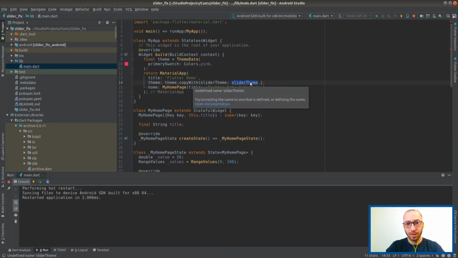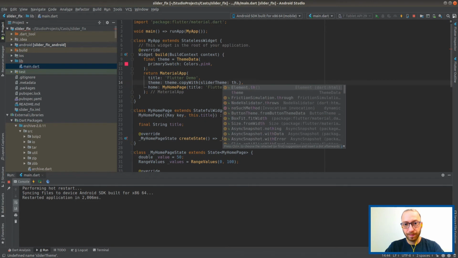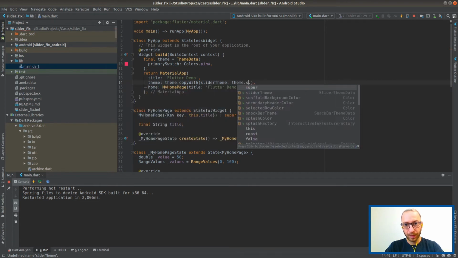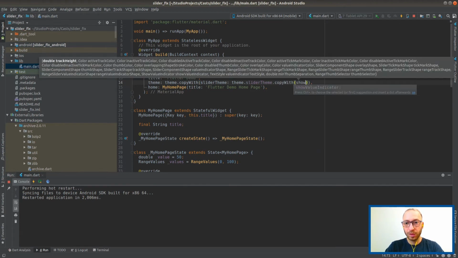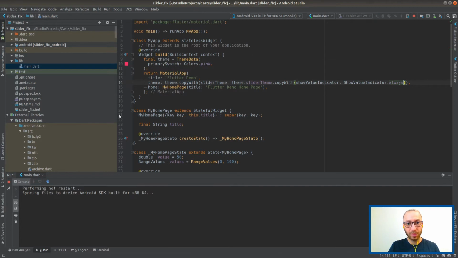Slider theme is theme, slider theme copy with show value indicator, show value indicator always. So rerun that,